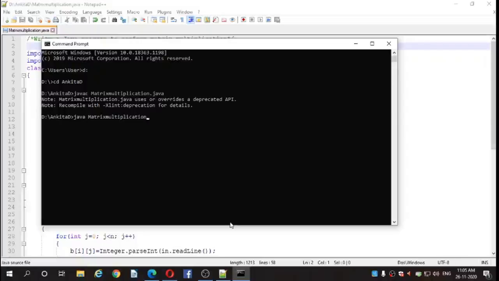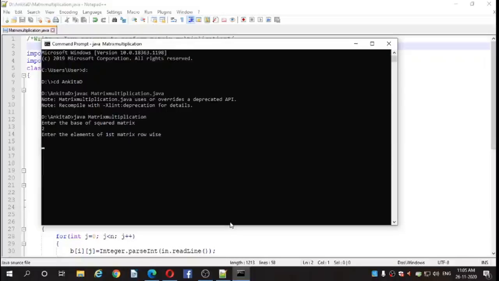and press enter. It is asking you to pass the base of the squared matrix. We need the same number of columns in the first matrix and the same number of rows in the second matrix. So you need to pass here the squared matrix, that is I will pass 2. Okay, so 2 into 2 is 4. So each matrix contains 4 elements.